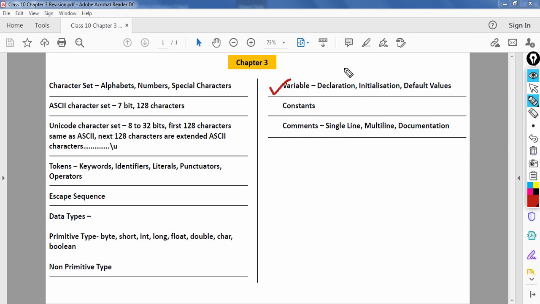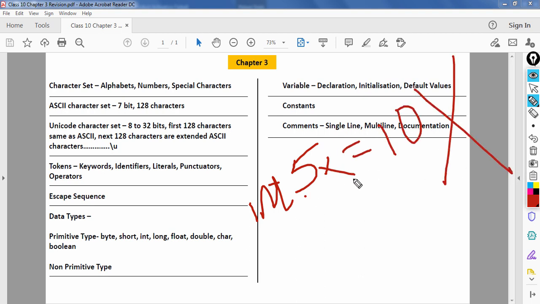Regarding identifiers, I forgot to mention this point: you must never start an identifier name with a number. For example, if I write int 5x is equal to 10, this is not allowed. This cannot be a variable name.